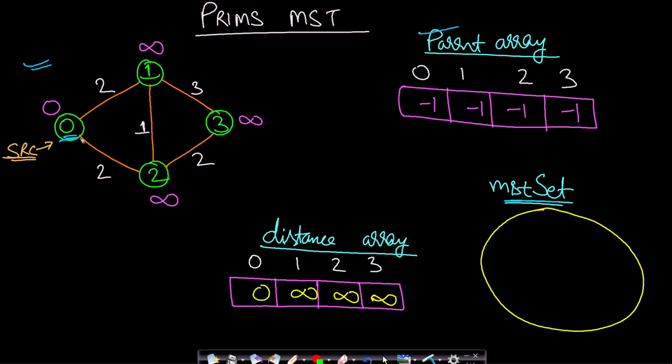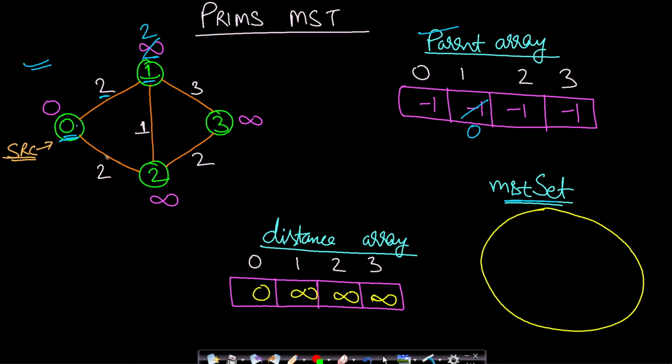So once we start at 0, then we will relax all the outgoing edges. So from 0, if you move to adjacent node 1, then the distance will be the edge weight, which is 2. Okay, but the already known distance is infinity, so we will take the minimum of 2 comma infinity, so this will be 2. Okay, I will not update it in the distance array just for simplicity. So we will keep updating the parent array. Now since we can reach 1 from 0 using a new minimum distance, which is 2, therefore we can say that the parent of 1 will be 0. Because we are including this edge from 0 to 1.